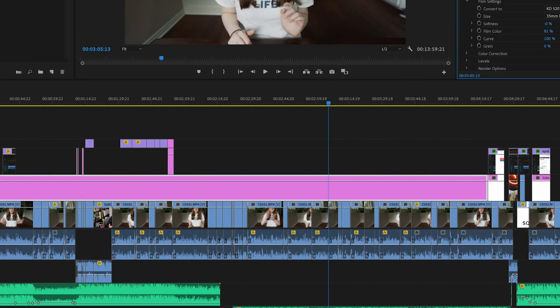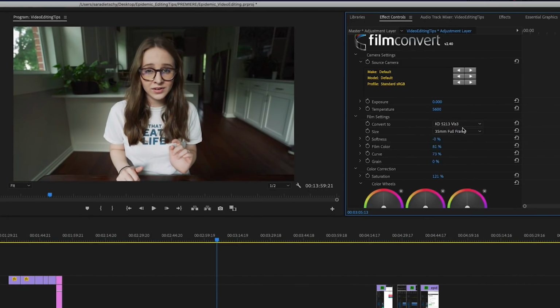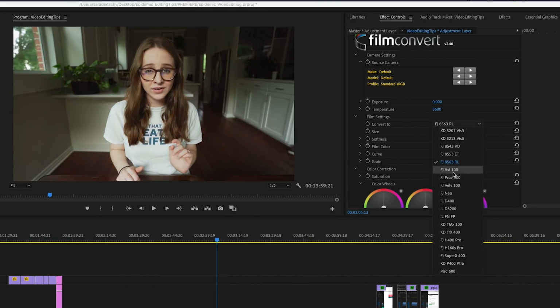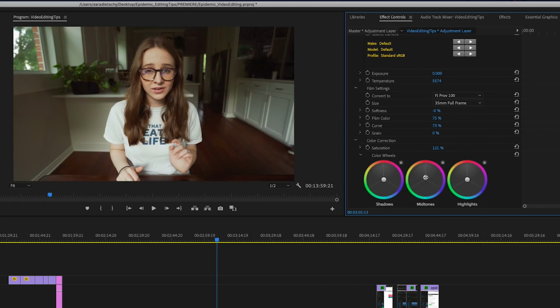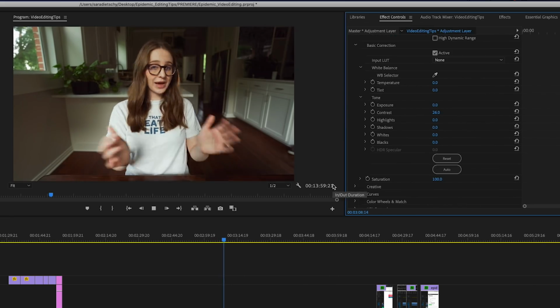I use Film Convert to color grade my Sony a7 III footage in Premiere. It is really easy to get a cool look from it. Color grading my other cameras, like my Blackmagic Pocket Cinema Camera 6K, is a whole different story. Maybe one day I'll do an entire video on color grading, but this one isn't that.